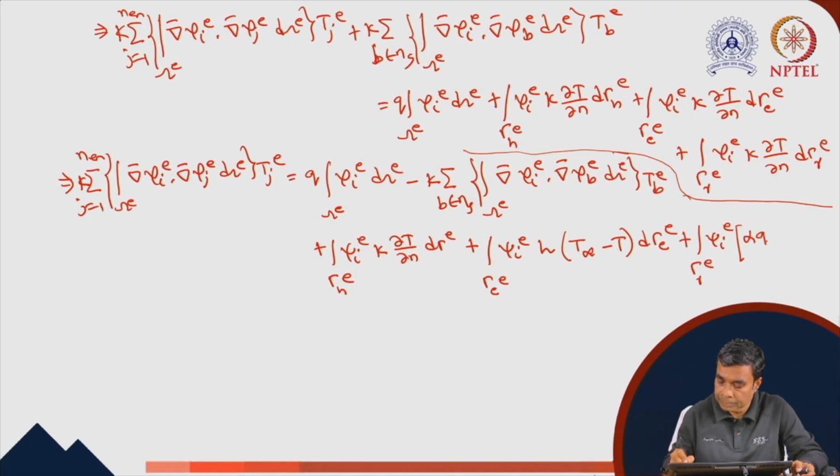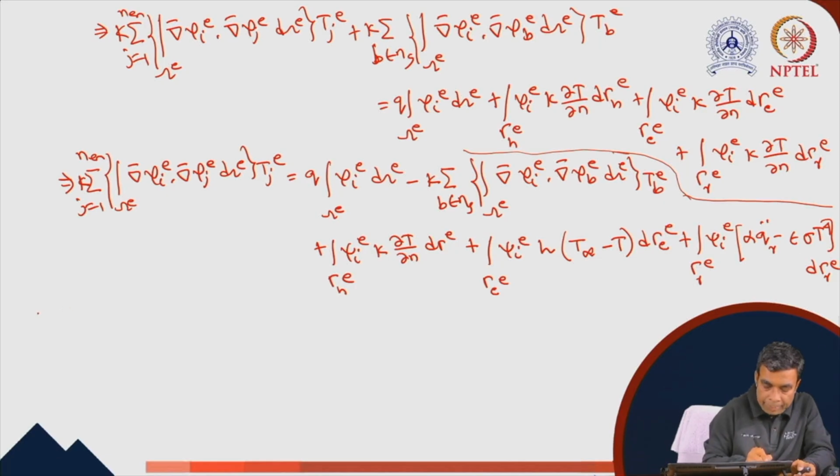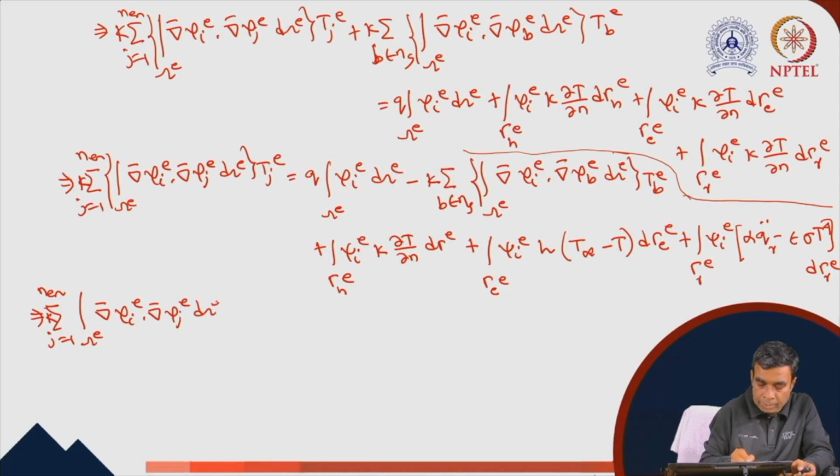alpha qr double dot minus epsilon sigma into T to the power 4 d gamma radiation e. This can be simplified as k into summation over j varying from 1 to nen integration over omega e gradient of psi ie dot gradient of psi je d omega e tje, plus